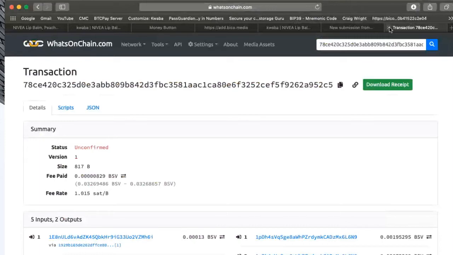Hopefully this all made sense. If not, go back and watch it again. You can play around with the code a bit and tweak it to however you want it. But